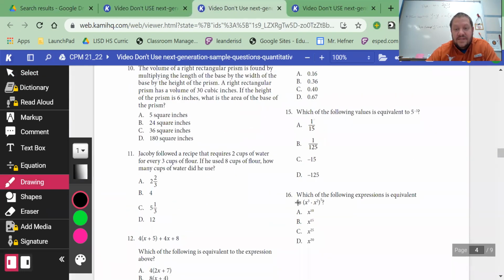There's obviously some laws of exponents, practicing with exponents. Remember, with exponents, if you're just multiplying, you add the 2 exponents. So on this one, you would have x cubed times x squared raised to the 5th power. First I would add those 2 together, so that would be x to the 5th. And then whenever you take a power and raise it to a power, you multiply. So you do 5 times 5,